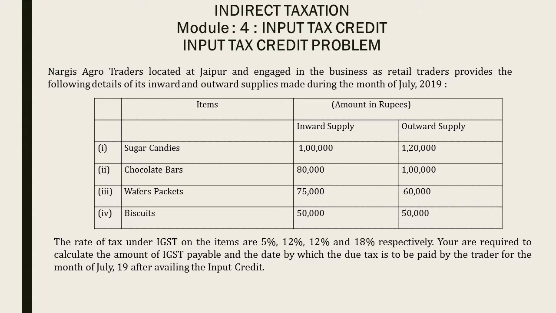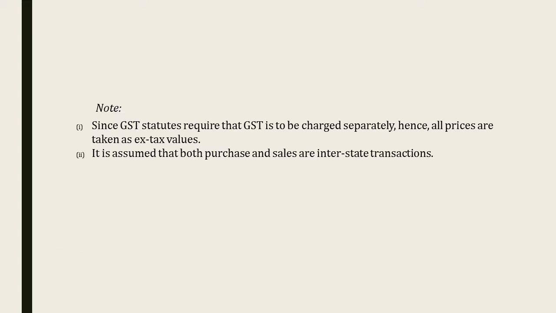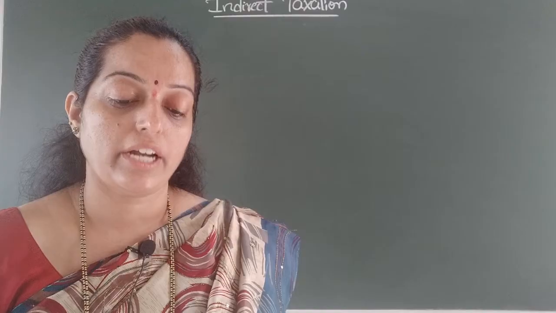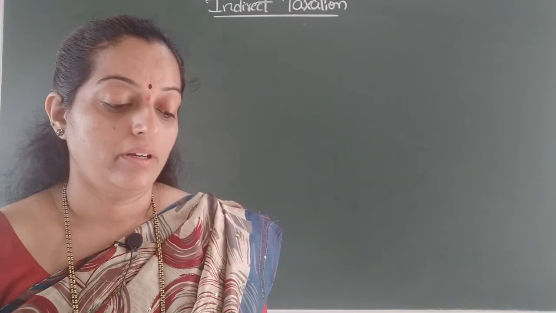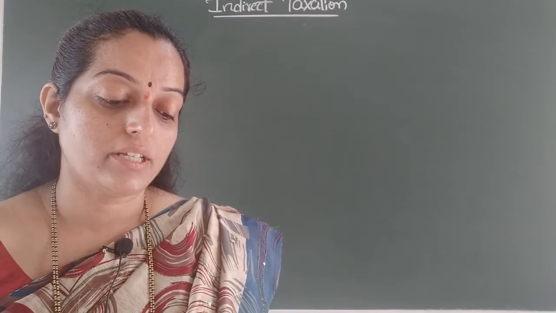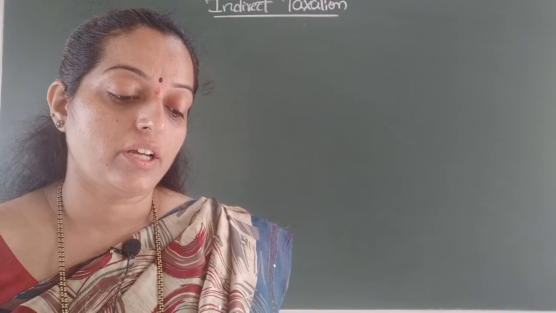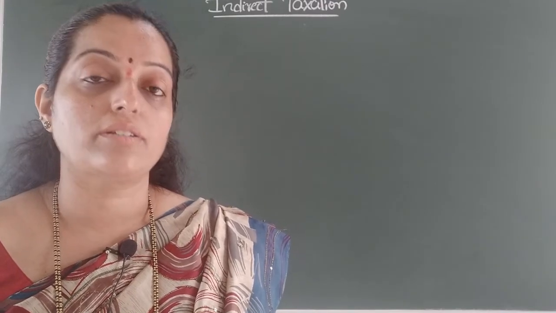You are required to calculate the amount of IGST payable and the date by which the due tax is to be paid by the trader for the month of July 2019 after availing the input credit. Okay, so in this problem you have to note that since GST statutes require that GST be charged